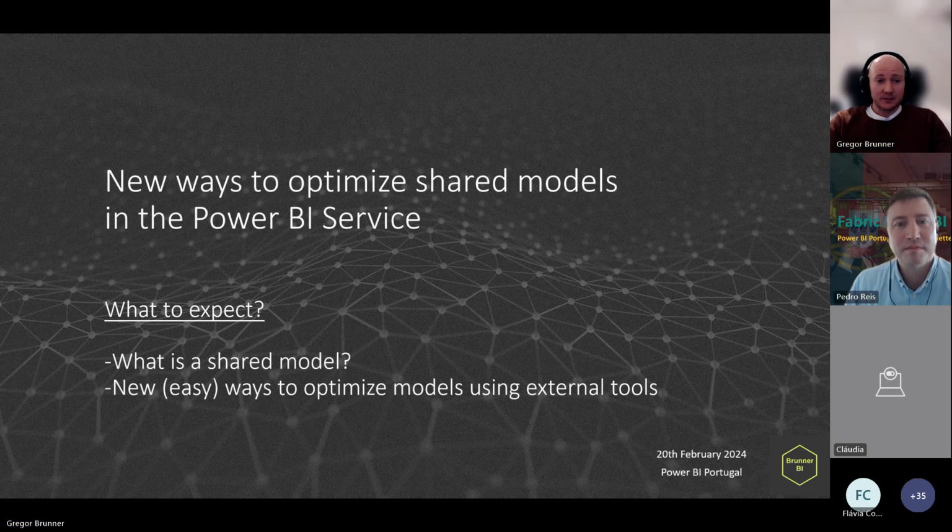So I want to talk about a new way to optimize shared semantic models, or datasets as we know them, in the Power BI service. Today I'm just going to talk a little bit about what shared models are, and then I'm going to show one way, and I think it's one of the easiest ways, to optimize a model using external tools.